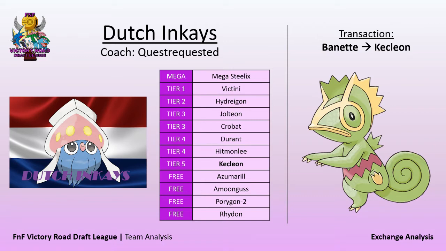He only used Banette once, so it really didn't work, I think, with his team as much as he wanted it to. So that's why he had traded Banette for Kecleon. And Quest actually said that Banette didn't fit his team well, and he didn't really see anybody that he wanted to use it against except me. And once he faced me, he was like, well, there's no point really to keep Banette, so that's why